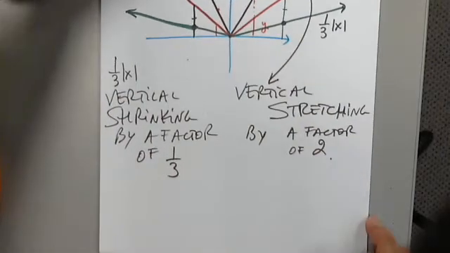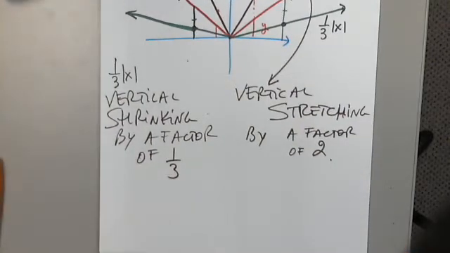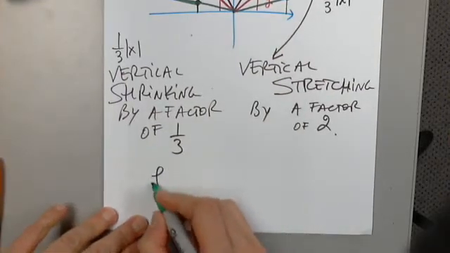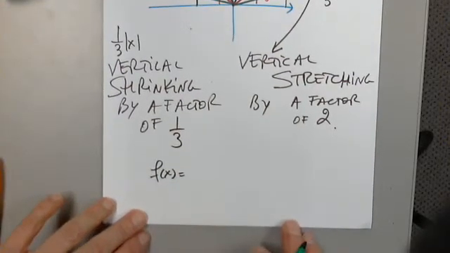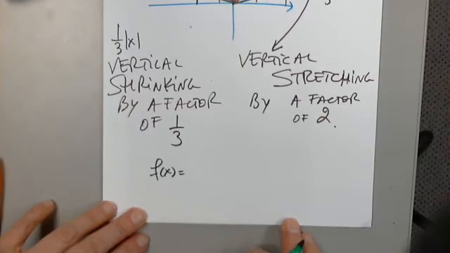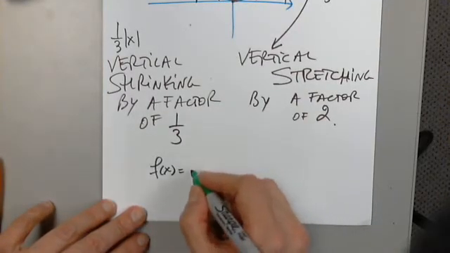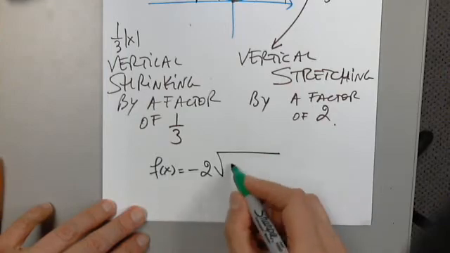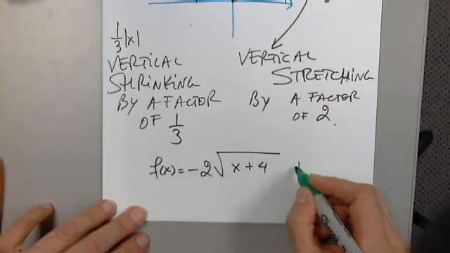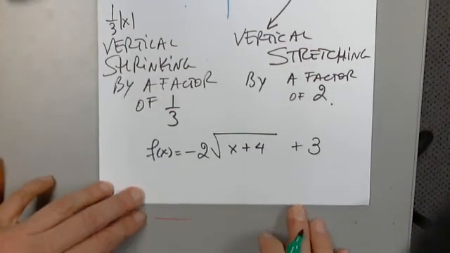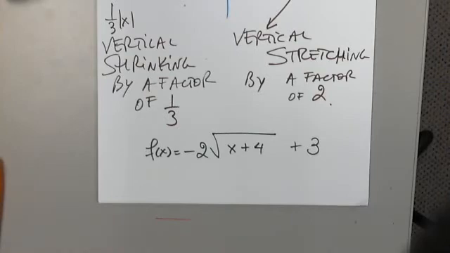Okay, so now let's put all these in a combo. Okay, here it is. Let's say f of x equals -2 the square root of x plus 4 plus 3. Okay, I have to ask myself, what is